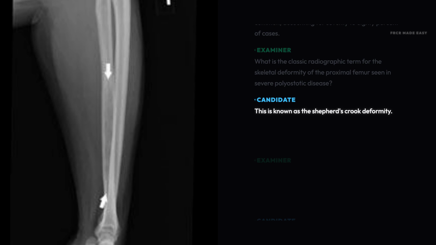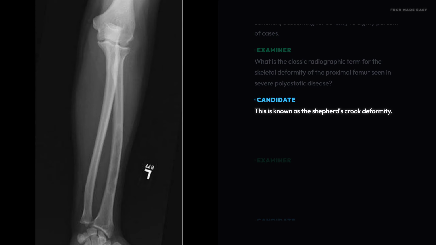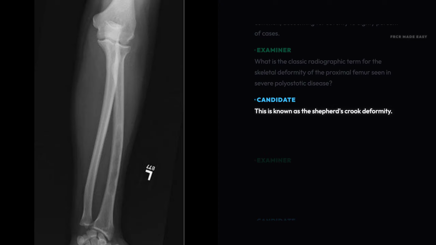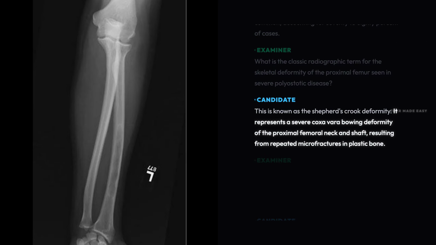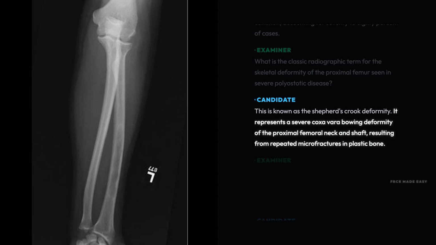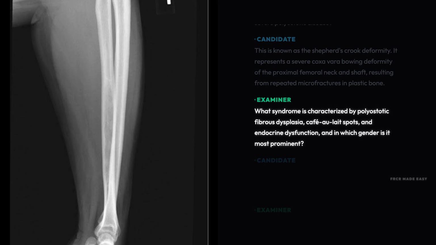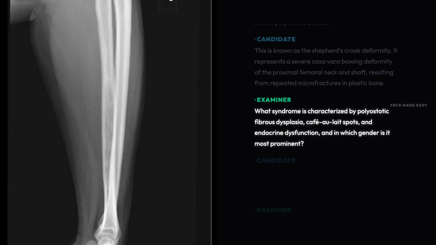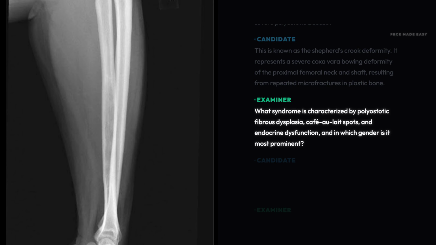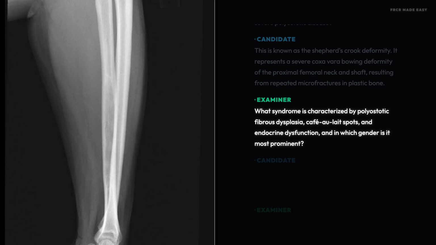This is known as the shepherd's crook deformity. It represents a severe coxa vara bowing deformity of the proximal femoral neck and shaft, resulting from repeated microfractures in plastic bone. What syndrome is characterized by polyostotic fibrous dysplasia, café-au-lait spots, and endocrine dysfunction, and in which gender is it